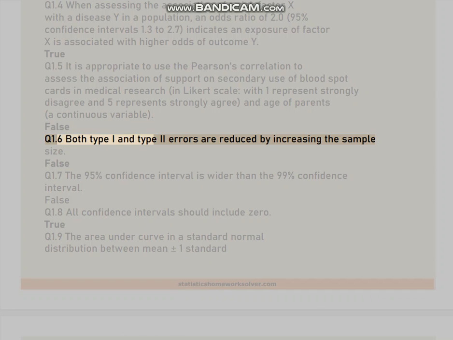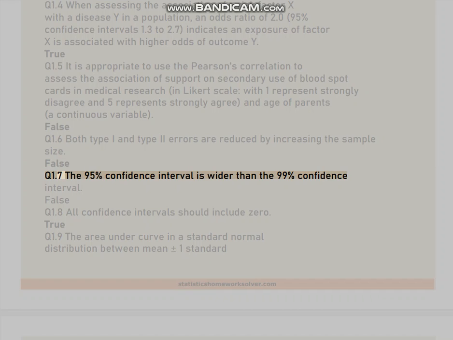False. Q1.6 Both type I and type 2 errors are reduced by increasing the sample size. False. Q1.7 The 95% confidence interval is wider than the 99% confidence interval. False. Q1.8 All confidence intervals should include 0. True. Q1.9 The area under curve in a standard normal distribution between mean plus or minus 1 standard